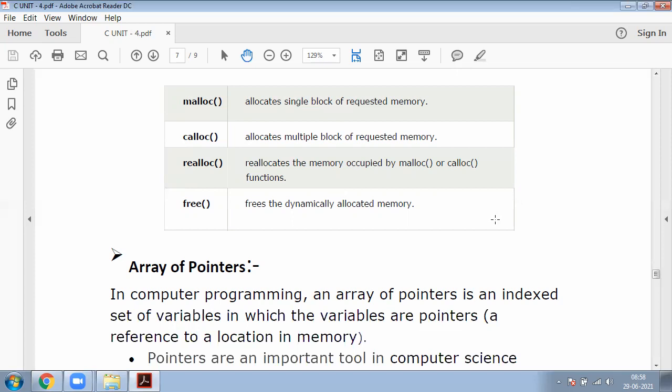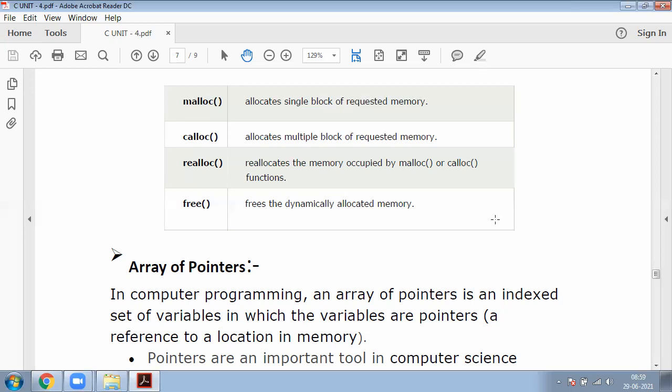Now coming to our third function, realloc. What is the meaning of the realloc function, and why is it used? Using realloc, we reallocate the memory occupied by malloc or calloc.